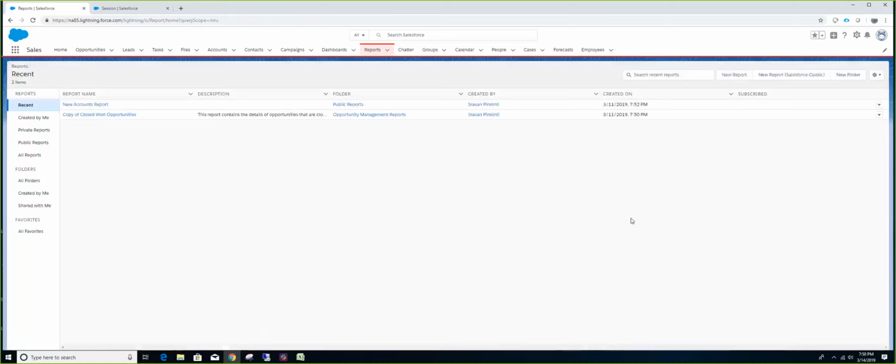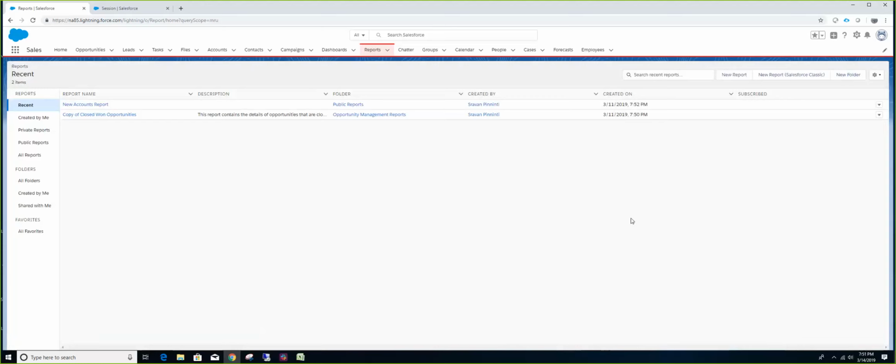If you choose Accounts as the report type, you are able to create the report on that object. You can also combine objects that are related to each other and prepare a report type, so that you will be able to report on the data belonging to all those related objects as well.